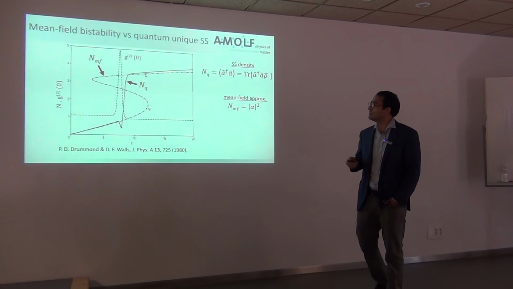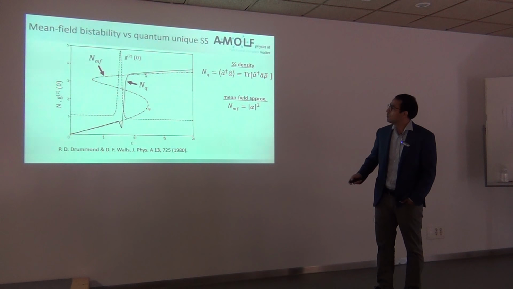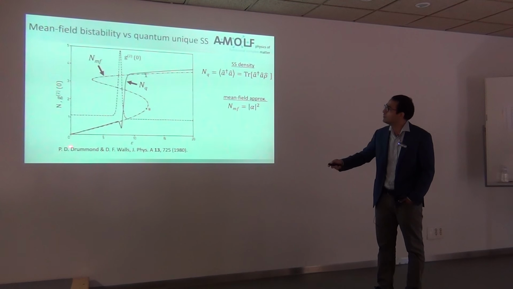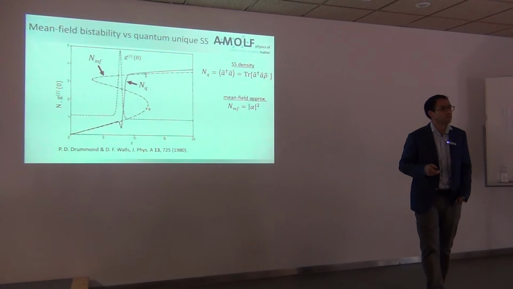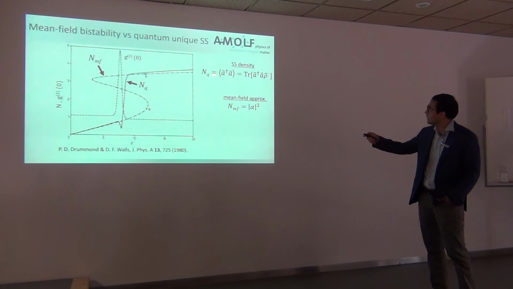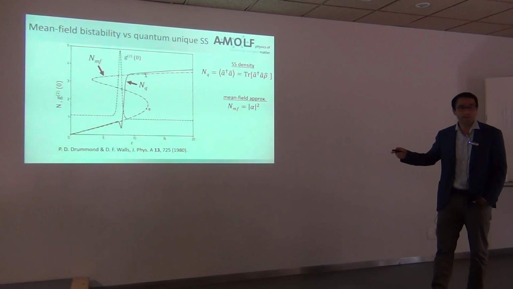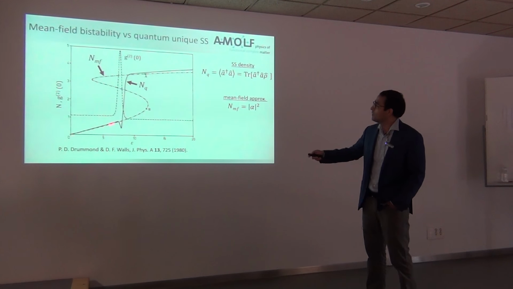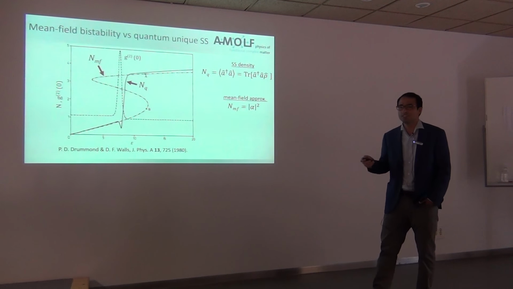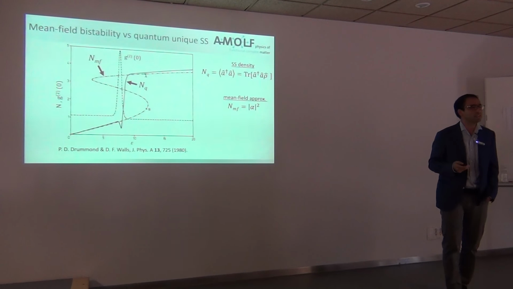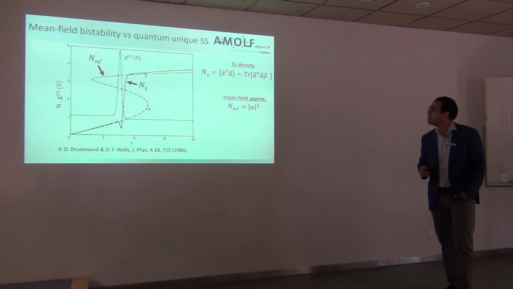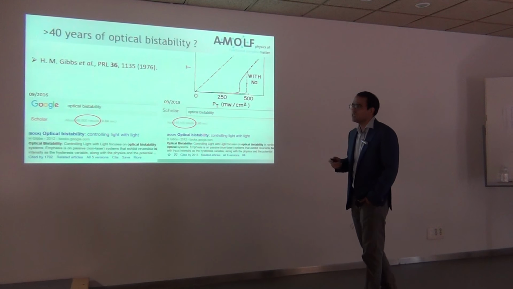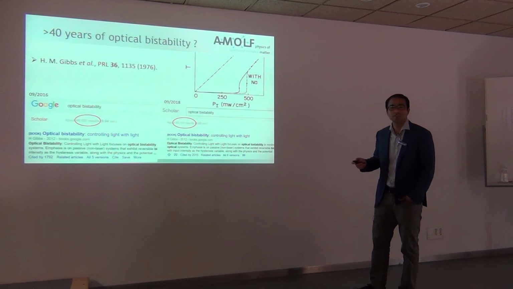And they find something that at first sight is a bit surprising. When they calculate the density as a function of the applied field using the master equation formalism, they get this continuous line here, and you see that there is a unique steady state. When they perform the mean field approximation, and instead of calculating the density in this way, they just take the magnitude squared of the coherent field, they recover the mean field bistability. So this is a very dramatic difference, right? It's surprising. How can you get such a qualitatively distinct behavior by making just an approximation? So is there something wrong, or how can we explain 40 years of optical bistability?